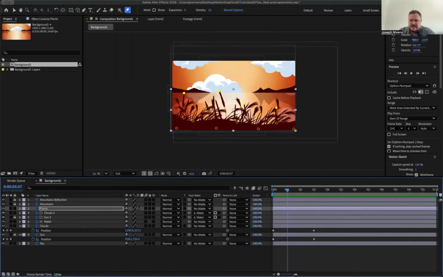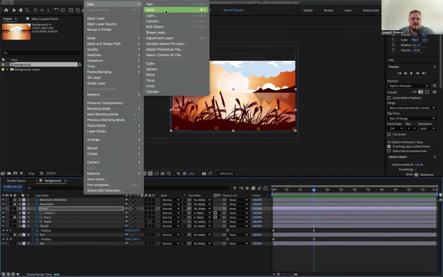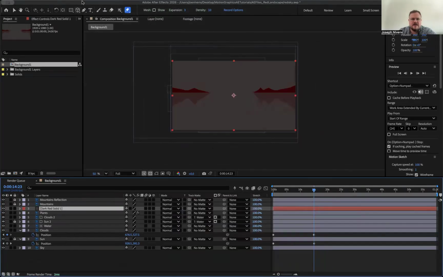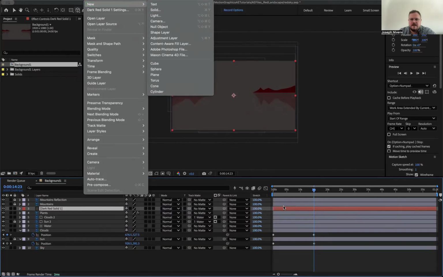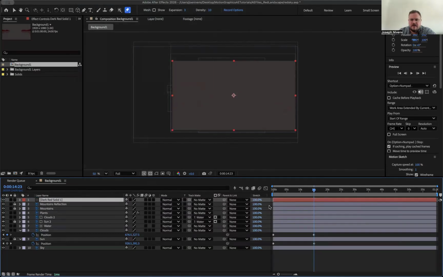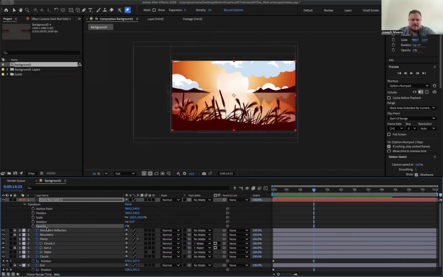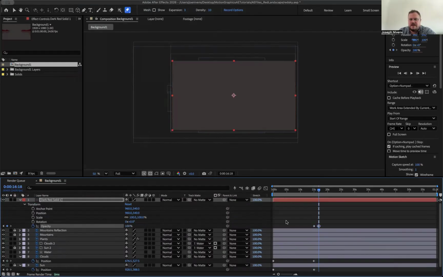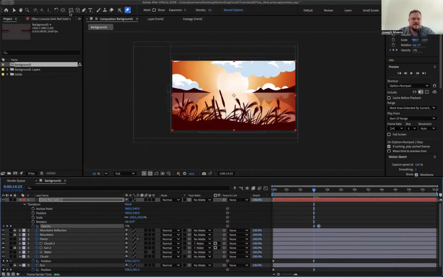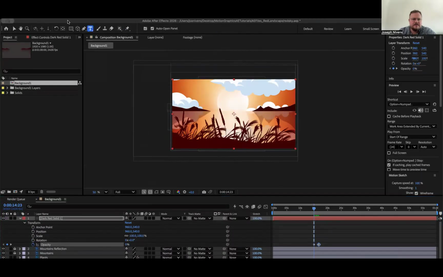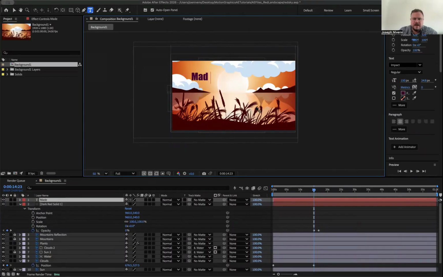So this is pretty much it. The last thing I want to do is set the ending of this. So I want this to go to 15, and then I'm going to have a layer come in saying made by. So I'm going to make a new solid layer. Up at the top under layer, you go to new solid. Press OK. I'm going to put that at the top. Open my opacity options and turn this to 0. Turn on opacity. Move it over a couple of seconds and turn it to 100. And then I'm going to grab my text tool and just put made by,